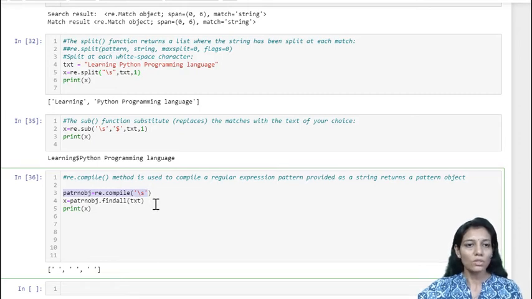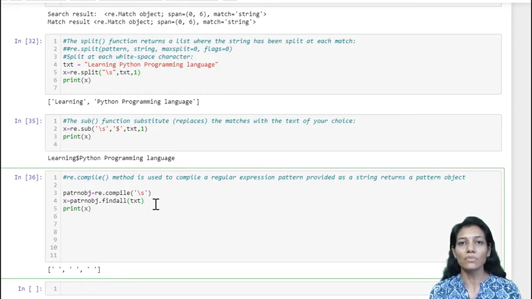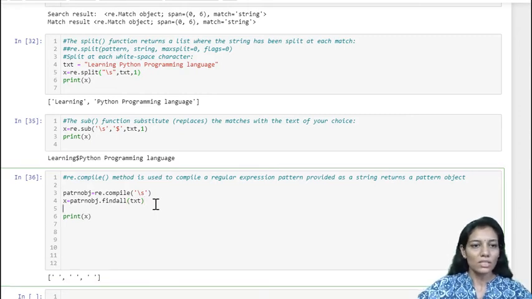Now the actual application of this compile is where you need to reuse the same pattern again and again on different strings. So here I use x is equal to, the similar thing.